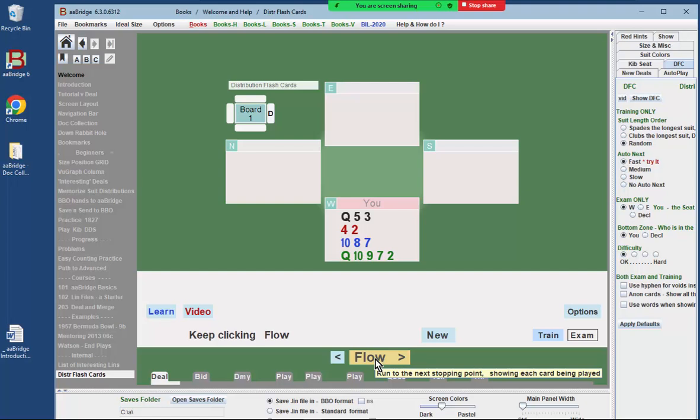In the document and in the video, I say what you want to be doing is saying your distribution to yourself. That's always good, because it's nice to remember what your distribution was halfway through the hand. 3 2 3 5. Click flow. Now we're assuming from the bidding, we know that South, who will be declarer,